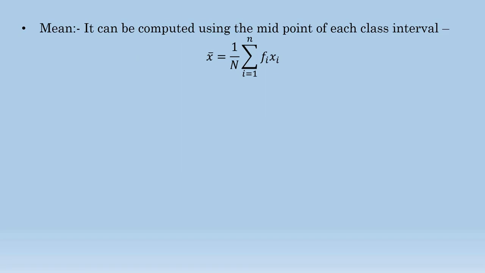For mean, in the previous video, we have discussed regarding ungrouped data, and in this case, we are considering grouped data. So there is a little change in the formula also. You can see that a new inclusion in the formula as Fi. Fi is nothing but the frequency of the ith class, that is the class under consideration, and